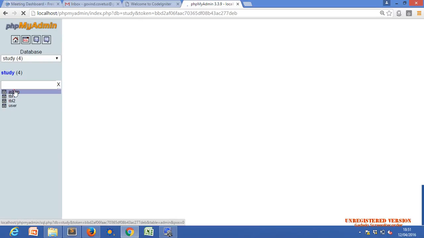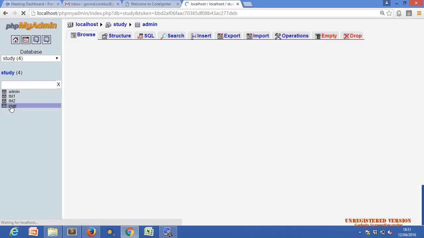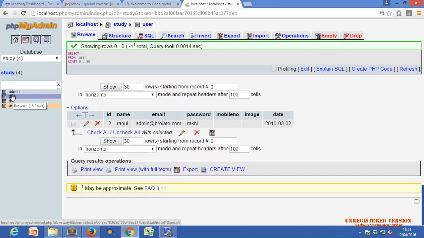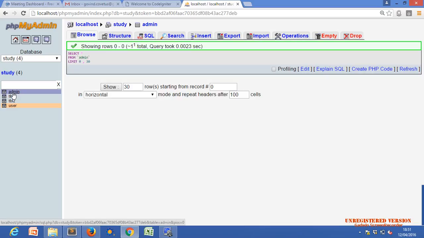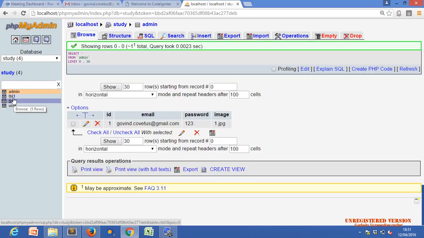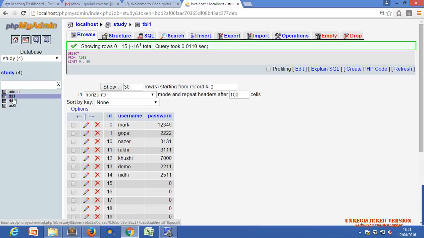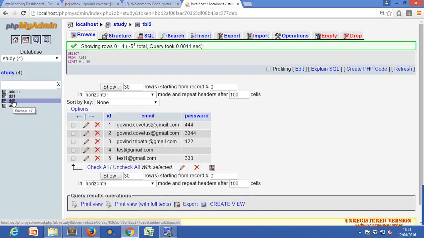Within study there are some tables: tbl1, tbl2, admin, and user. In user we have only one entry, and in admin also one entry. Okay, we will take tbl2 and use the study database.